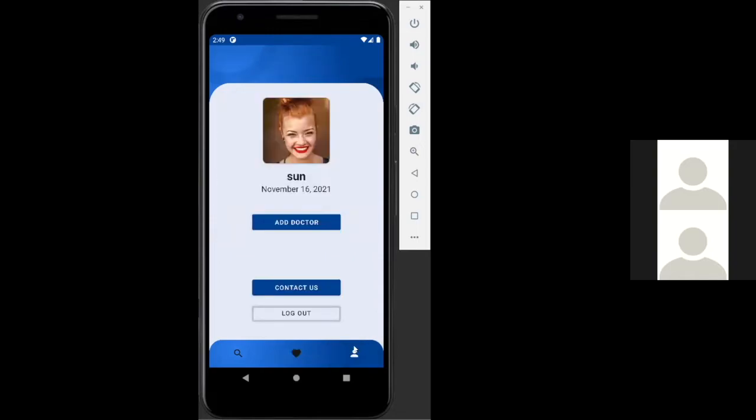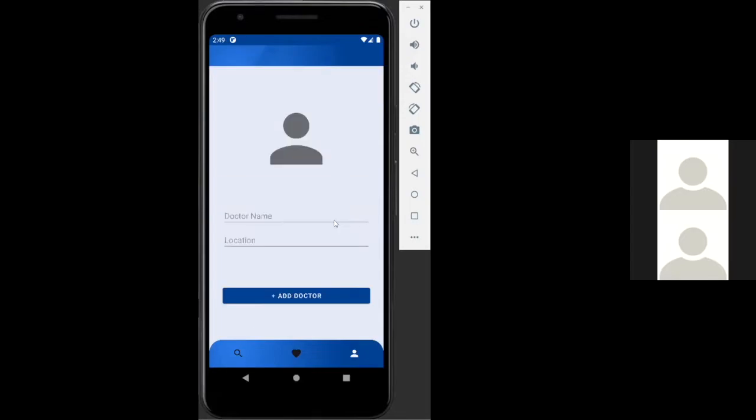And if we click on our last icon in the navigation bar, it'll take us to our profile screen. And there you could see the profile image of the user, their screen name, as well as the date it was created. You can also add a doctor, and you can add their image and their name and location. So this will be a future implementation where we add some more information about the doctor. And once you click Add Doctor,